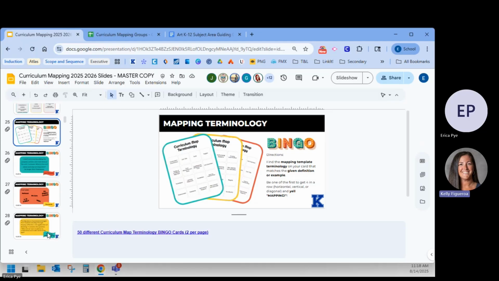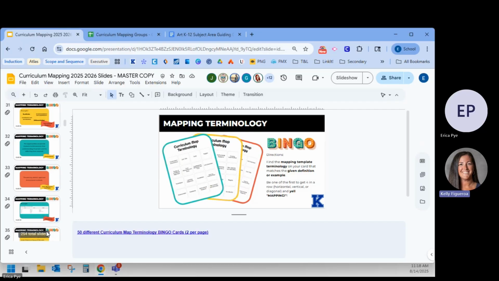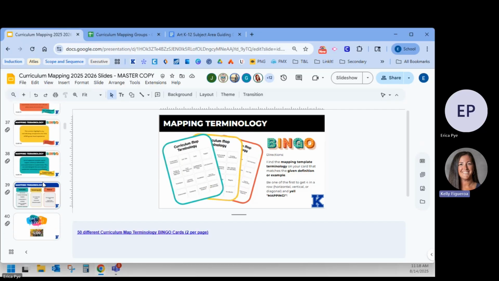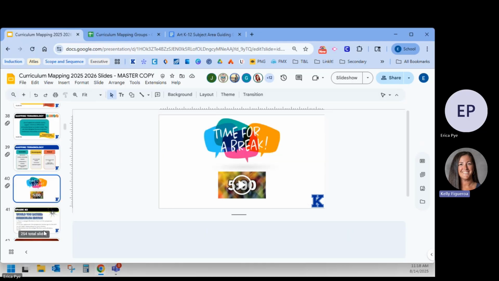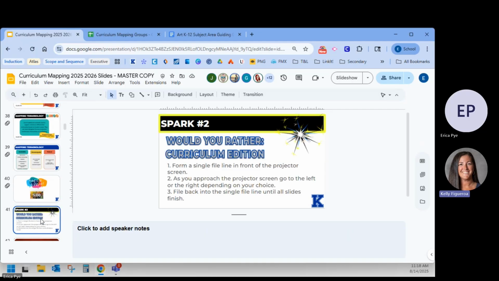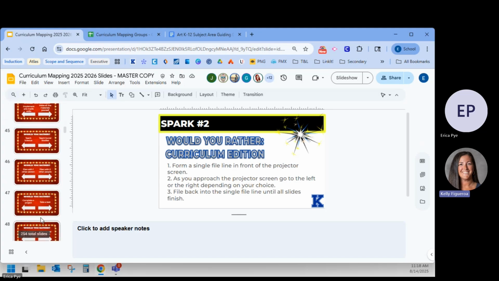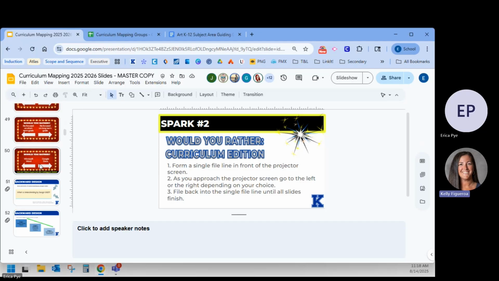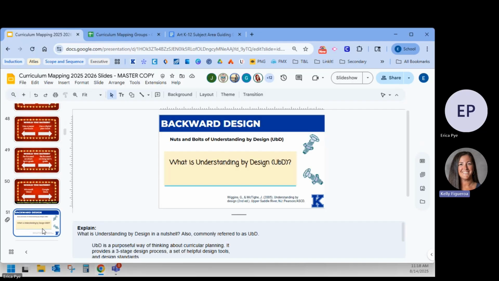But we timed this out. We think you can do all of these things in this 2 hours and 15 minutes. After bingo or whatever you're going to do, it might be time for a break. You move the break slide wherever you need it. After a little break, we have a spark if you would like it for them to do a would you rather. You could move these around as you need to. Remember, you guys went through this in facilitation training. Now it's time for really